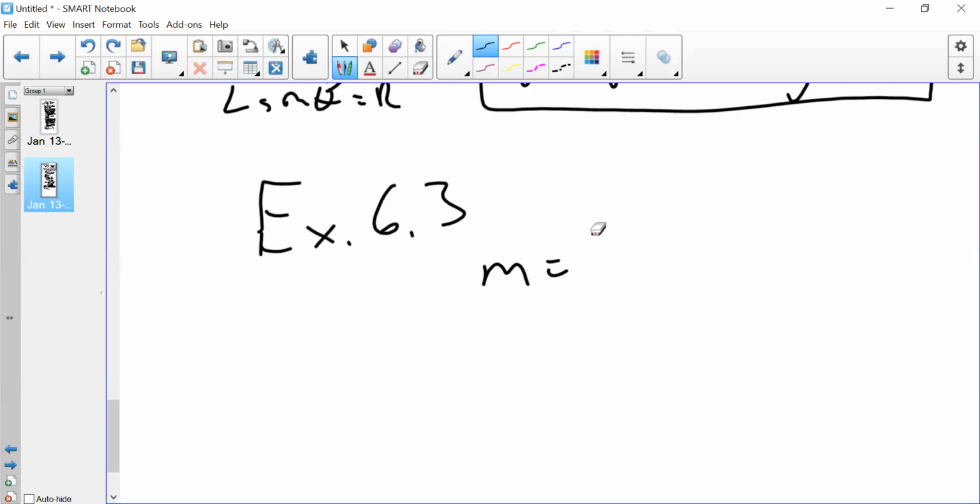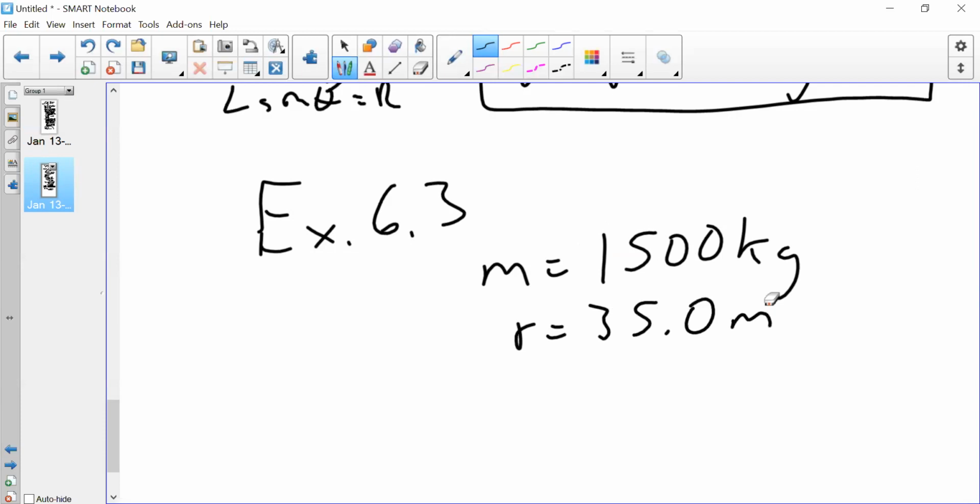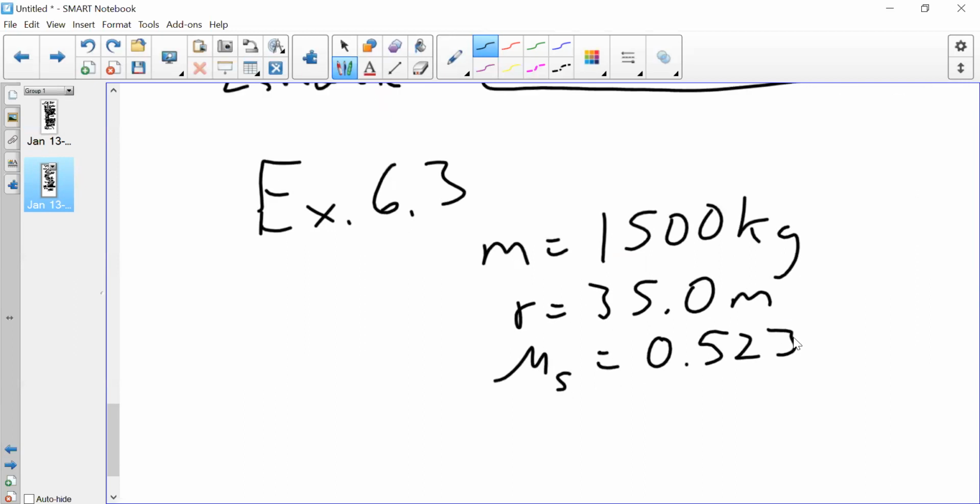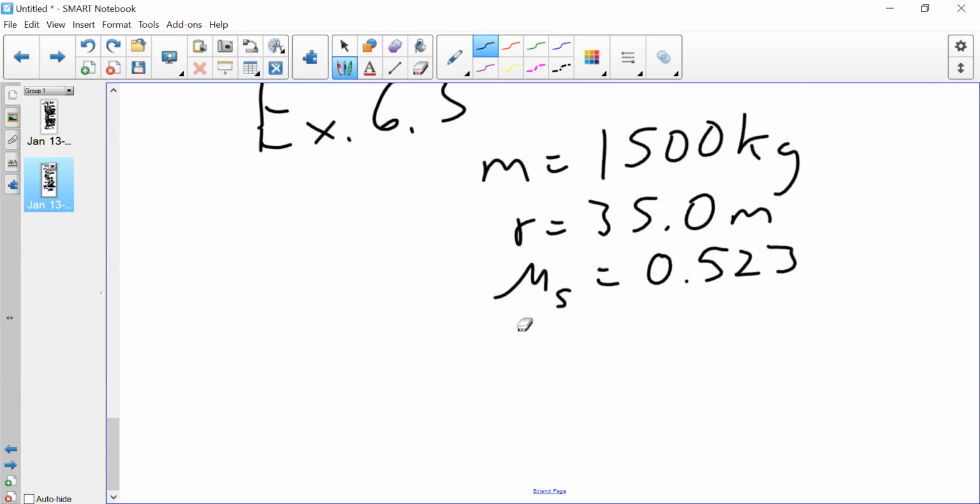So we have mass 1,500 and then mu s. Okay, static friction, because if it's kinetic, you've got slippage. All right, and then what we're to find is an expression for v. So the maximum velocity is the point,